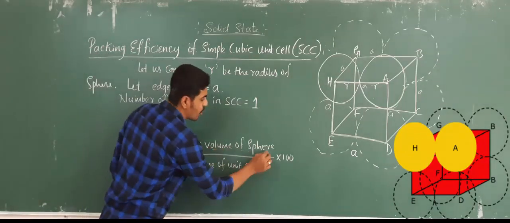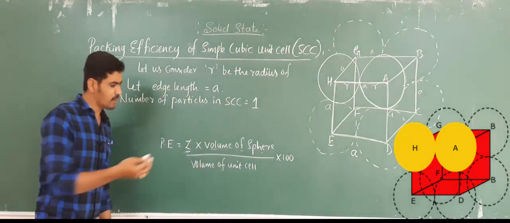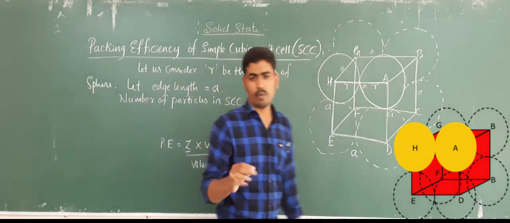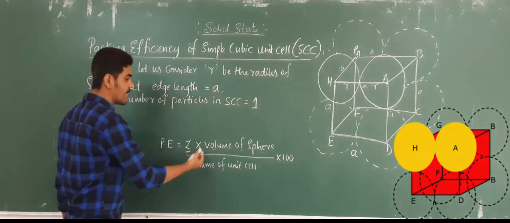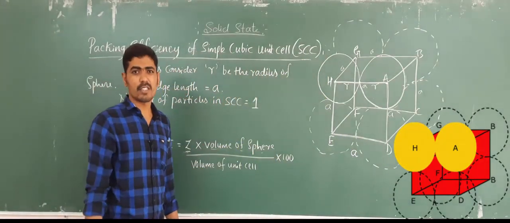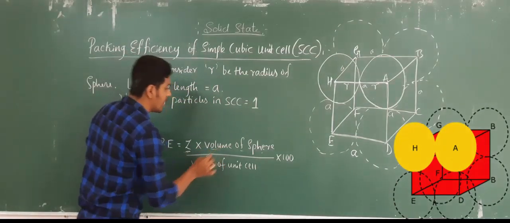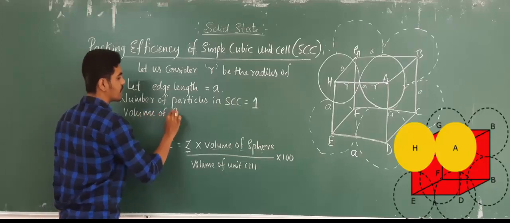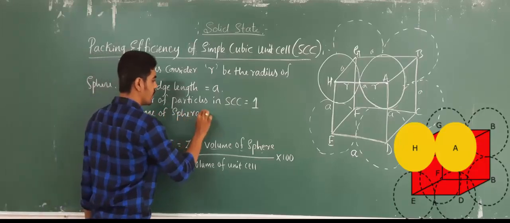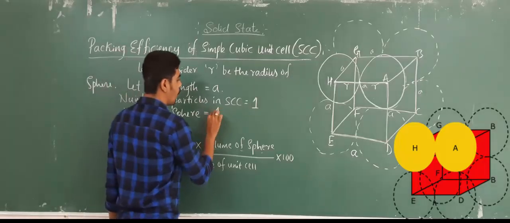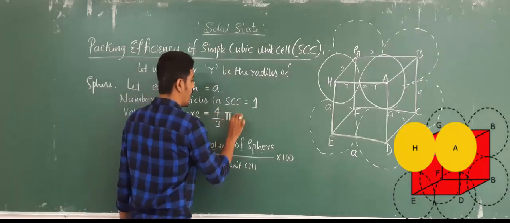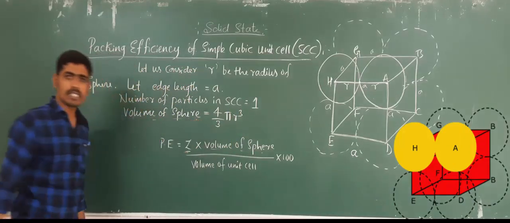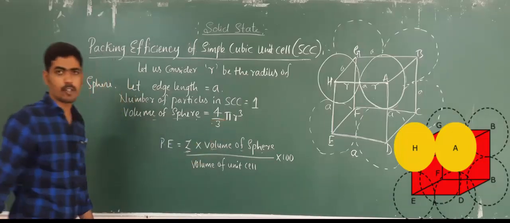Then this you come to know. Next, what is the volume of a sphere? This is the simple fundamental formula that you are learning from 8th, 9th, 10th only. From your school days only you are studying about volume, circumference, okay, all those things. So here the volume of a sphere. What is the volume of sphere? How do you find the volume of sphere? 4 by 3 pi r cube. This is the formula to find the volume of a sphere, 4 by 3 pi r cube.